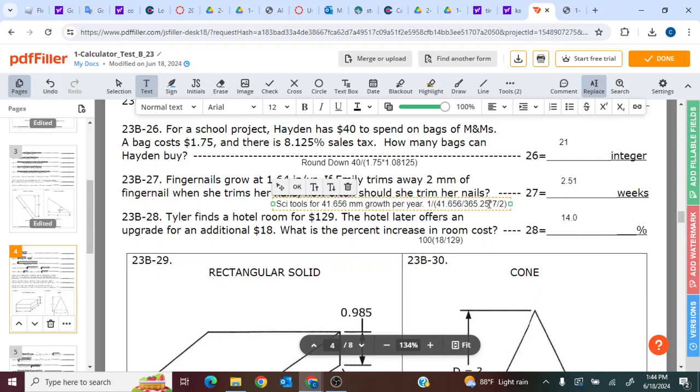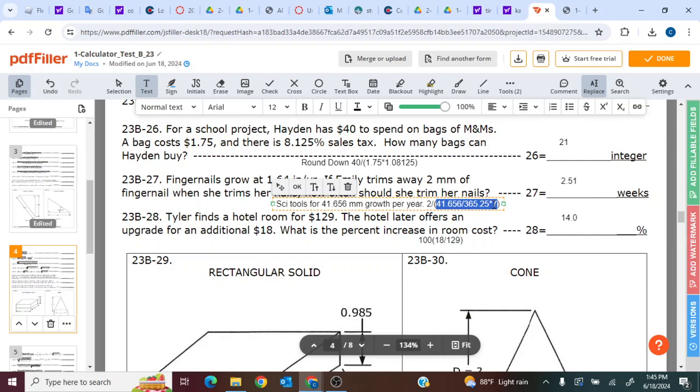And then you can multiply it by 7 to find out how many they grow per week. And then I guess it would really just make sense for this 2 to be right here, because in that case, it should work. Okay, so if you do that, this value right here will be the millimeters her nails grow in 1